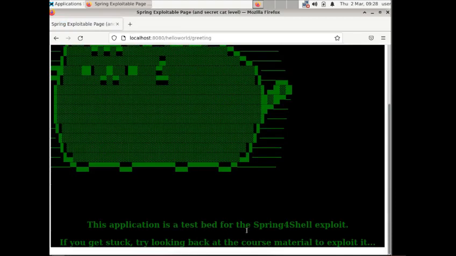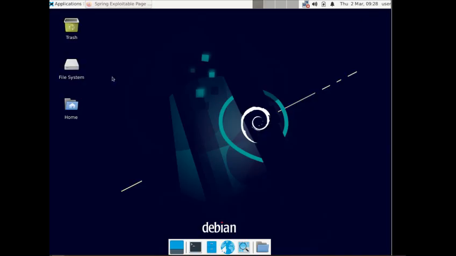So it says the application is a testbed for the Spring4Shell exploit. So now that we have access,